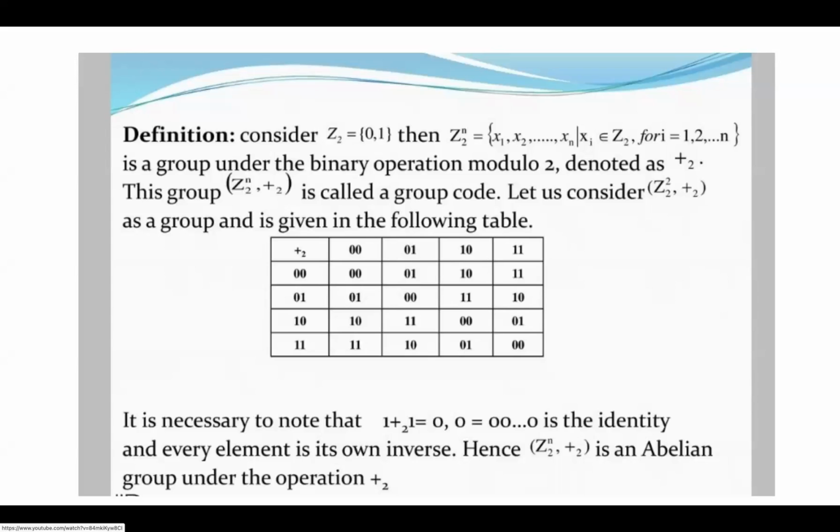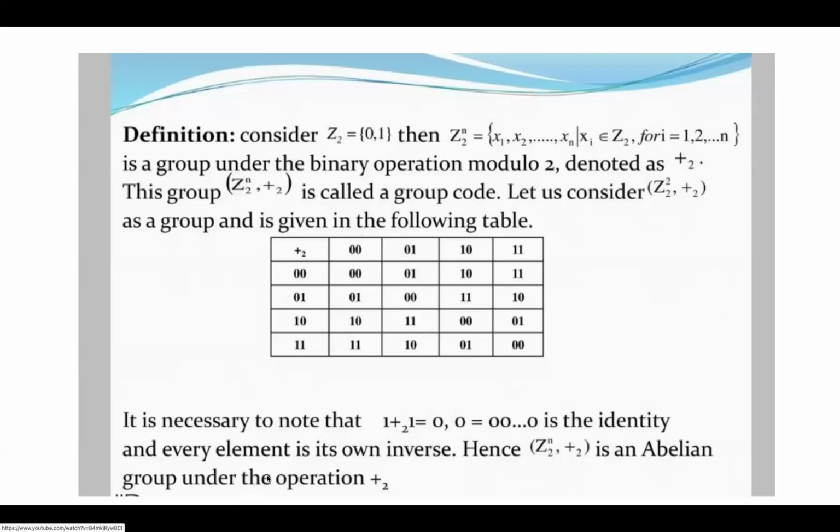Properties of a group. Closure property is the first property. Then the second property is what? Associativity. The third one is identity, and then inverse. Okay, and the fifth one is commutativity. Yes, Abelian. Yes.